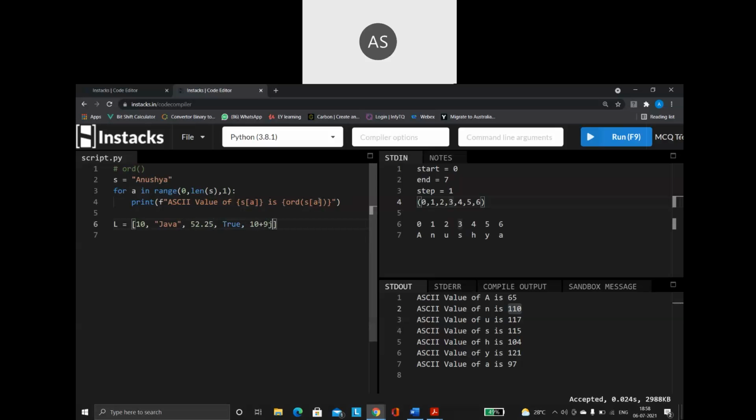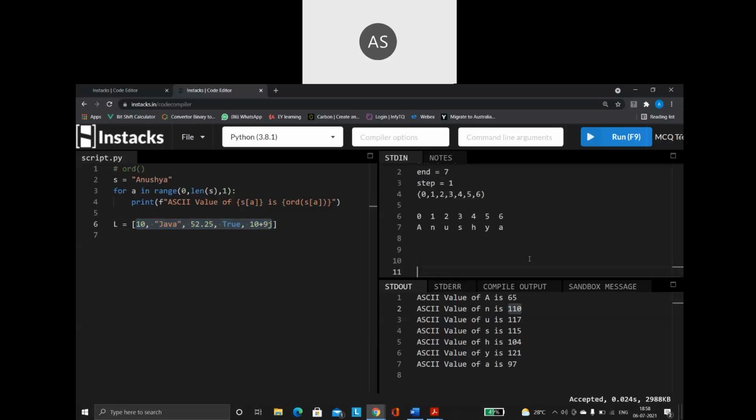So see, these are the values that I am storing inside the list. All these are the values of my list. Again, list is also index based. We remember that list is also index based. So how is the list going to get stored? These are the values: first value index position 0, second value index position 1, right? The third value index position 2, then index position 3, then I have index position 4. So like this only, my list is also going to get stored. Just like my string, it is also index based.